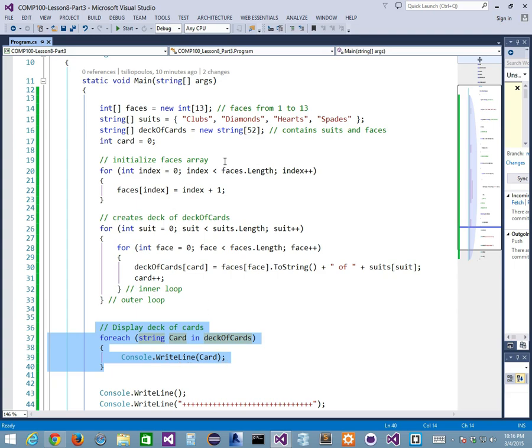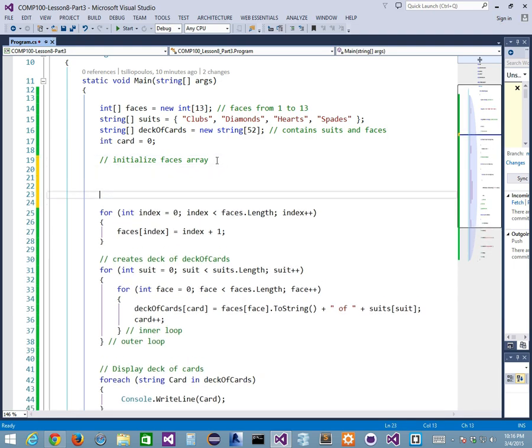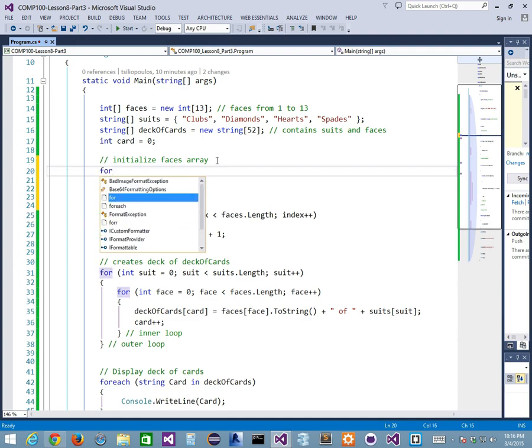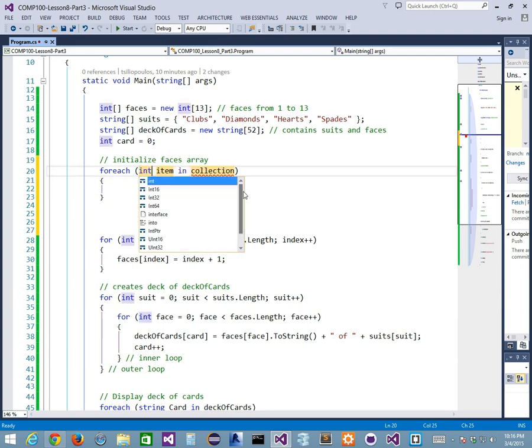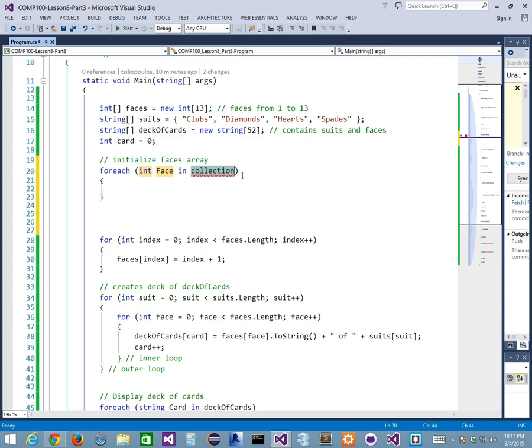I could. And of course, I would have to restructure this array up here, this for loop. So instead of faces, index, whatever, I could do kind of the same thing. Let's restructure this one. I'm just going to make another loop so you see it a little bit different. It's the same thing though. The result is the same. For each, right? And my variable is going to be my faces, right? My faces are integers, right? For int, and I'll say face, capital F, right? In faces,